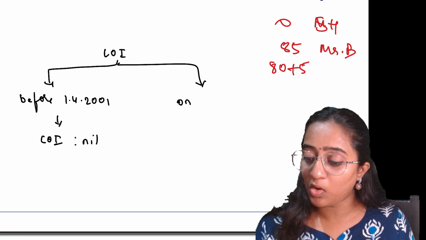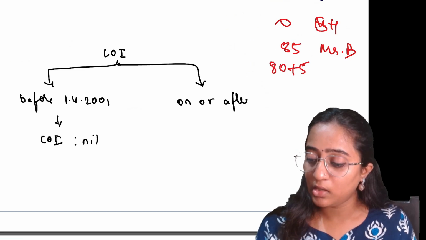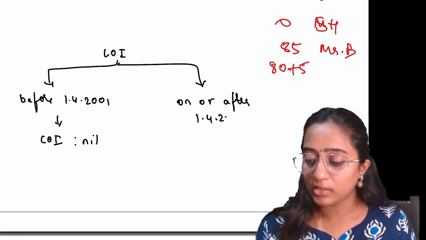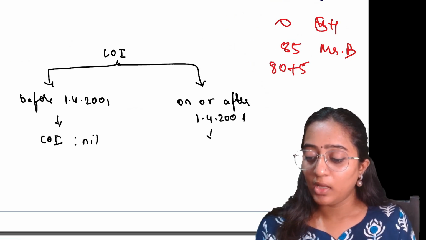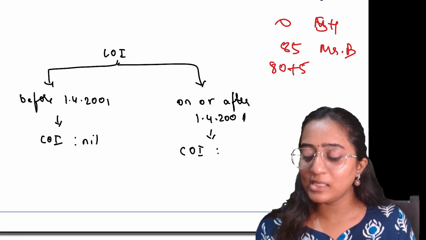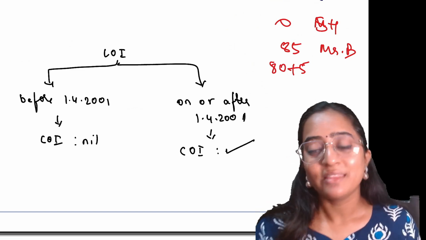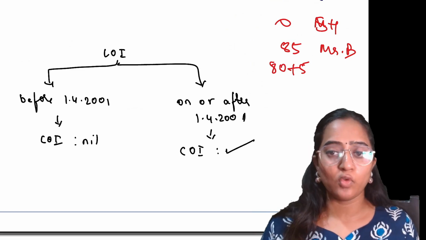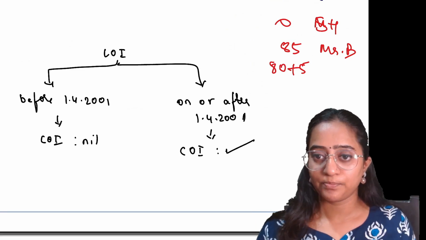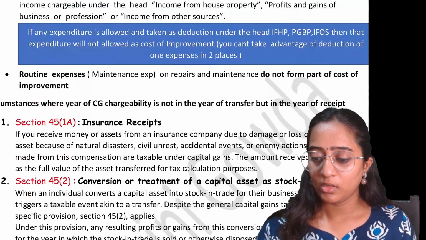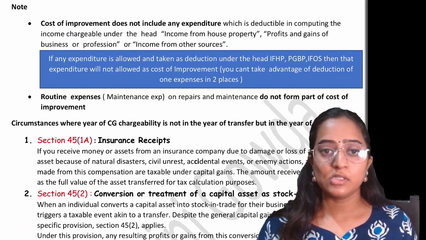If it is incurred on or after 1/4/2001, then whatever your cost of improvement is, that would be considered as your cost of improvement, COI. And you would get the indexation benefit depending on whether it is long term or short term, as usual. Clear? Understood? So this would be the